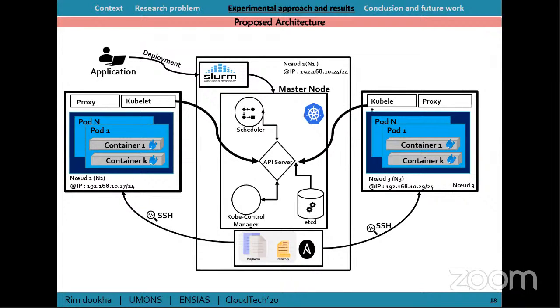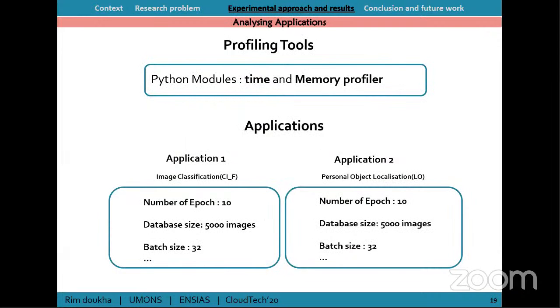on its needs. So we start by analyzing the requirement needs of RAM, CPU, GPU of each step of the deployment of applications in order to limit the waste of the available hardware and allocate in a convenient and smart way only the suited resources for each deployed application. So to analyze the requirement needs, we calculate the running time and memory consumption on GPU and CPU. For this aim, we used a Python module for time calculation and a memory profiler